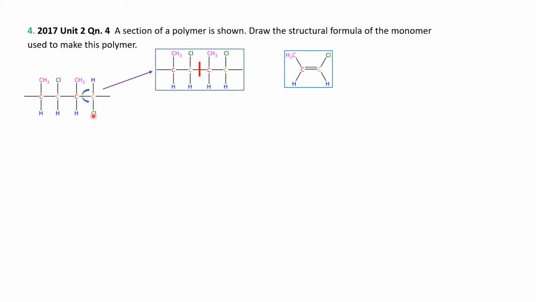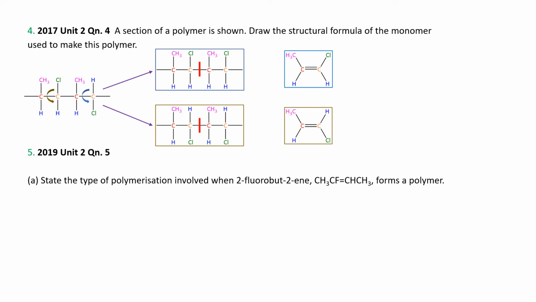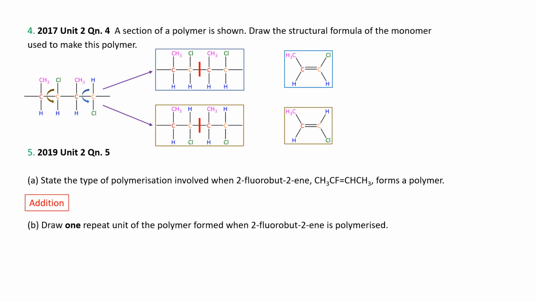No reason why I had to pick putting the chlorines on top and the hydrogens on bottom for the orange one. So if I rotate it the other way, we get this picture here again. Cut it there and stick in the double bond between the 2 carbons, and here we see the methyl hydrogen on top still, but now the hydrogen and the chlorine have been switched. State type of polymerization involved, well, it's an addition polymerization, already talked about that. And now 1 repeat unit of this polymer when the